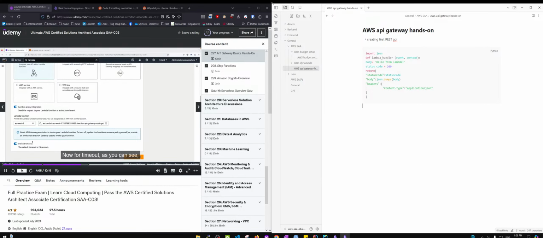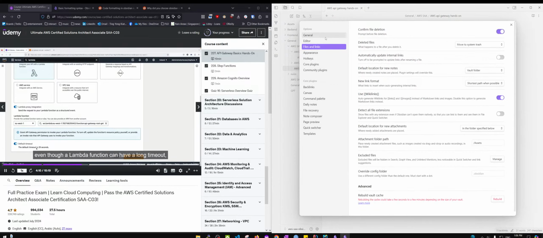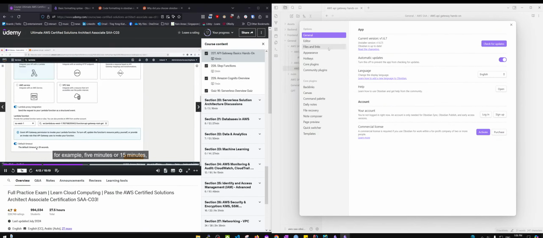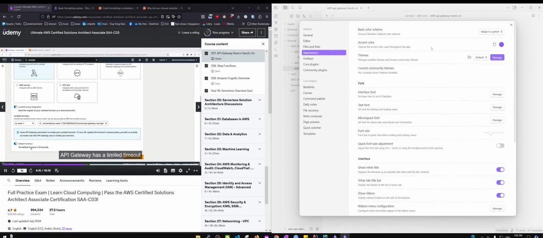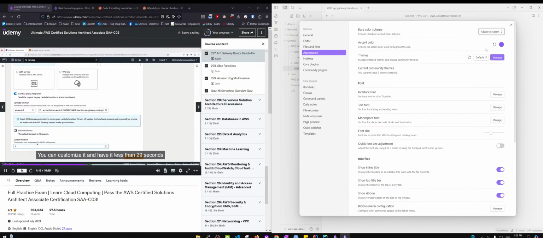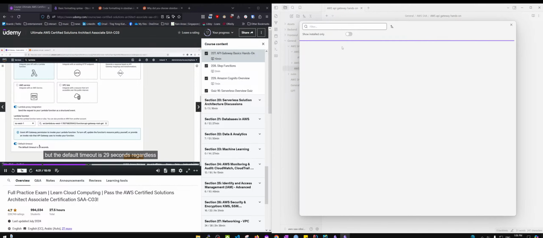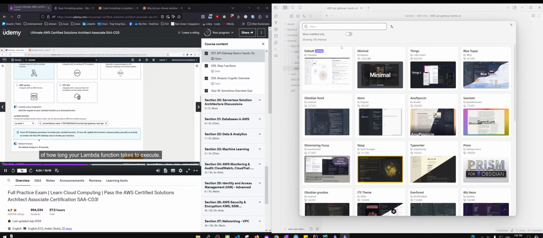Now for timeout, as you can see, even though a Lambda function can have a long timeout, for example, 5 minutes or 15 minutes, API Gateway has a limited timeout, and the default is 29 seconds. You can customize it and have it less than 29 seconds, but the default timeout is 29 seconds regardless of how long you